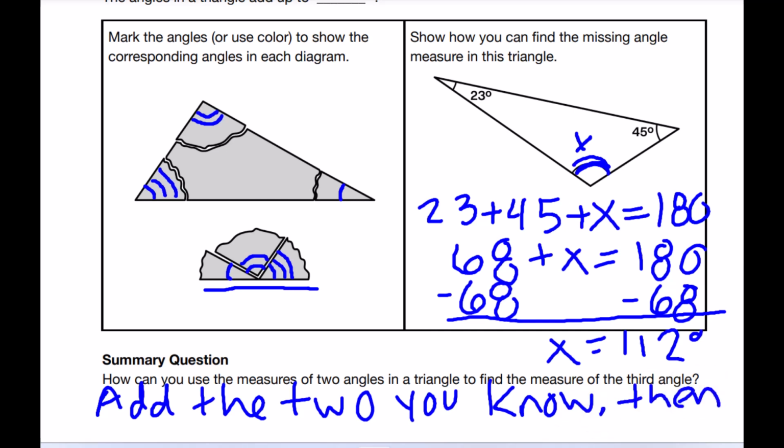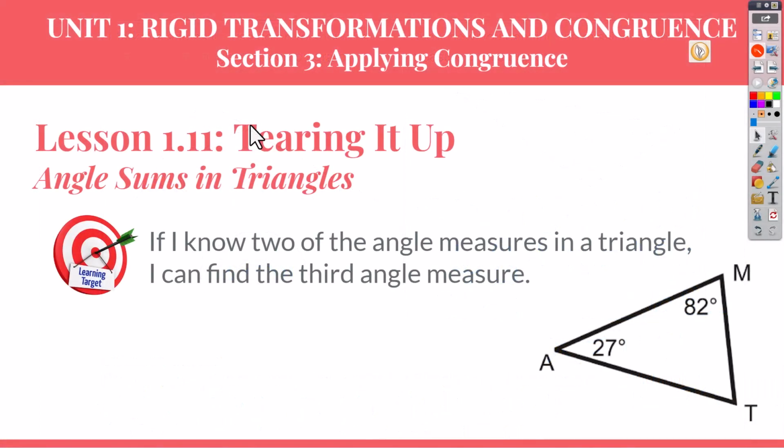Let's see if I can squeeze this in here. So in your homework tonight, you might be given some angle measures and asked, can these be a triangle? Well, if they add up to 180, yes, they can. So in this lesson, we found that if we know two of the angle measures